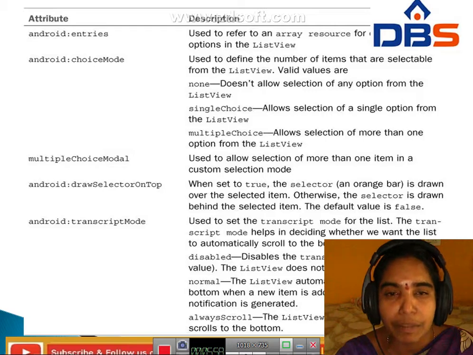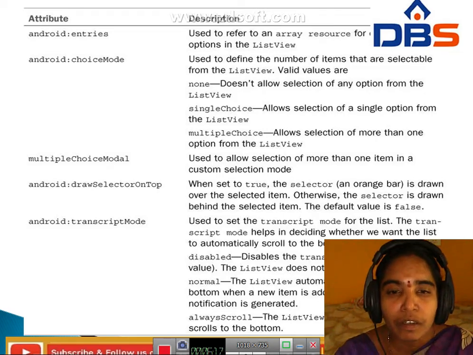In this transcript mode, the valid values are disabled, normal, and always scroll. Disabled disables the transcript mode; the list view does not scroll automatically.